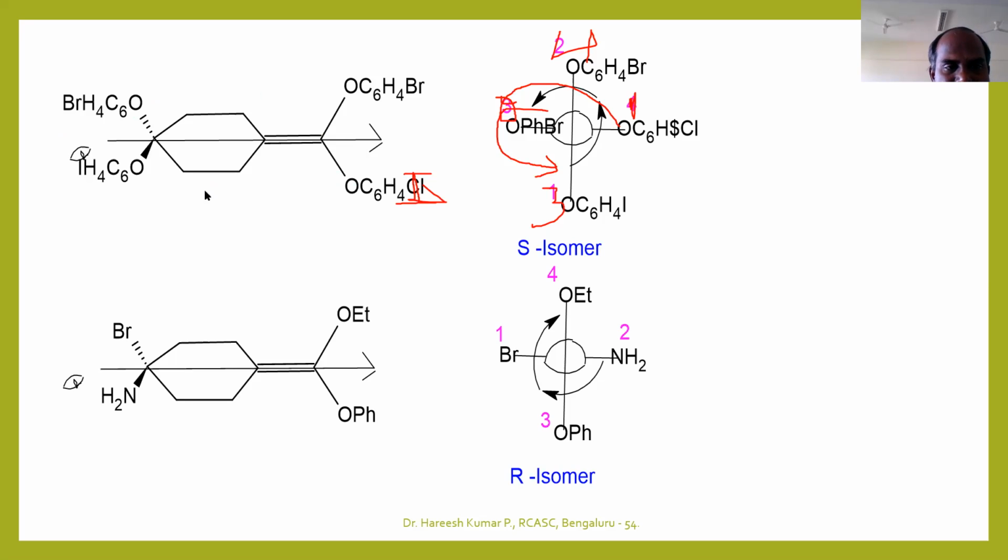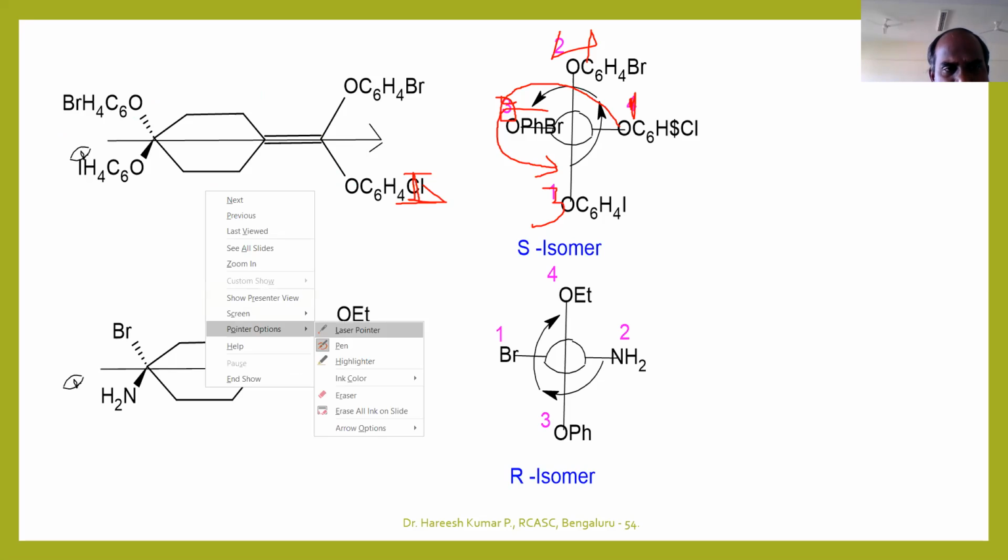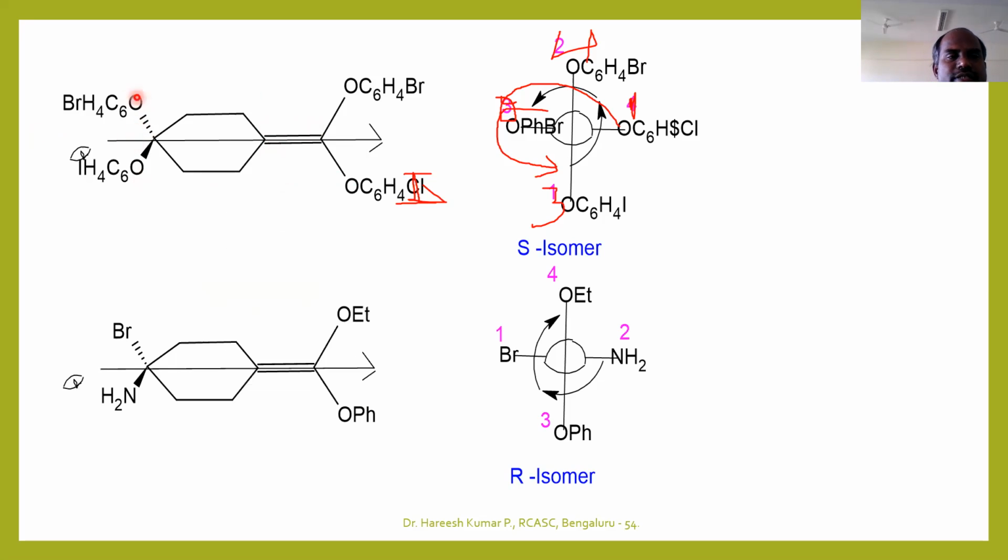I will take a pointer. So these near groups take the priority. These two take 1 and 2, and these two are the far groups, so they take 3 and 4. So it's an anti-clockwise direction and it is an S configuration. Similarly, you can also assign